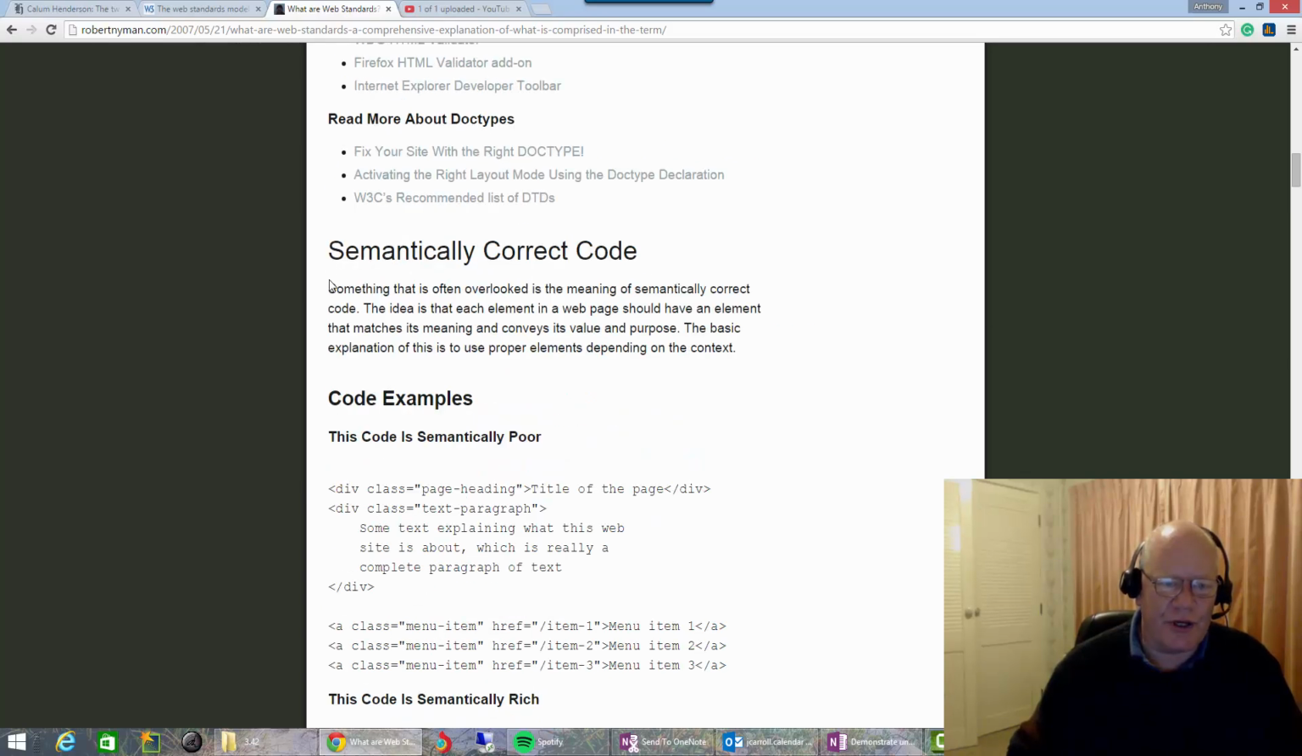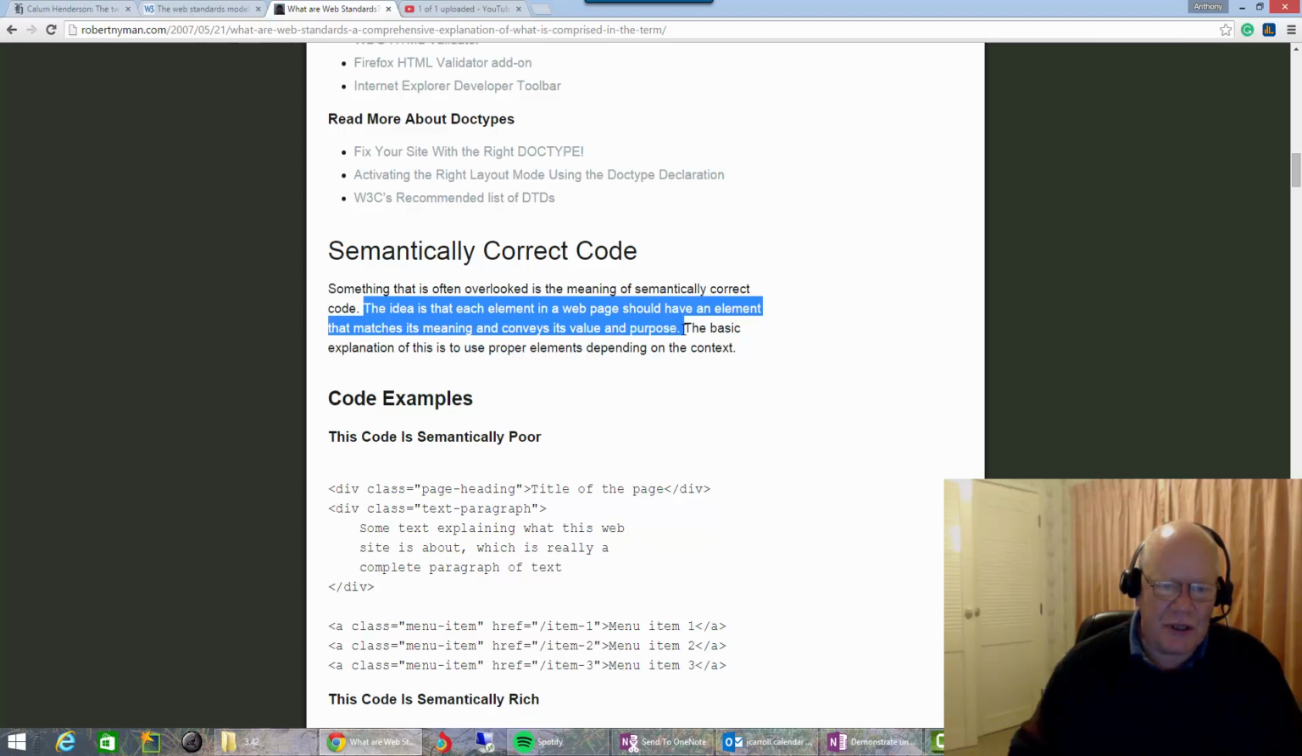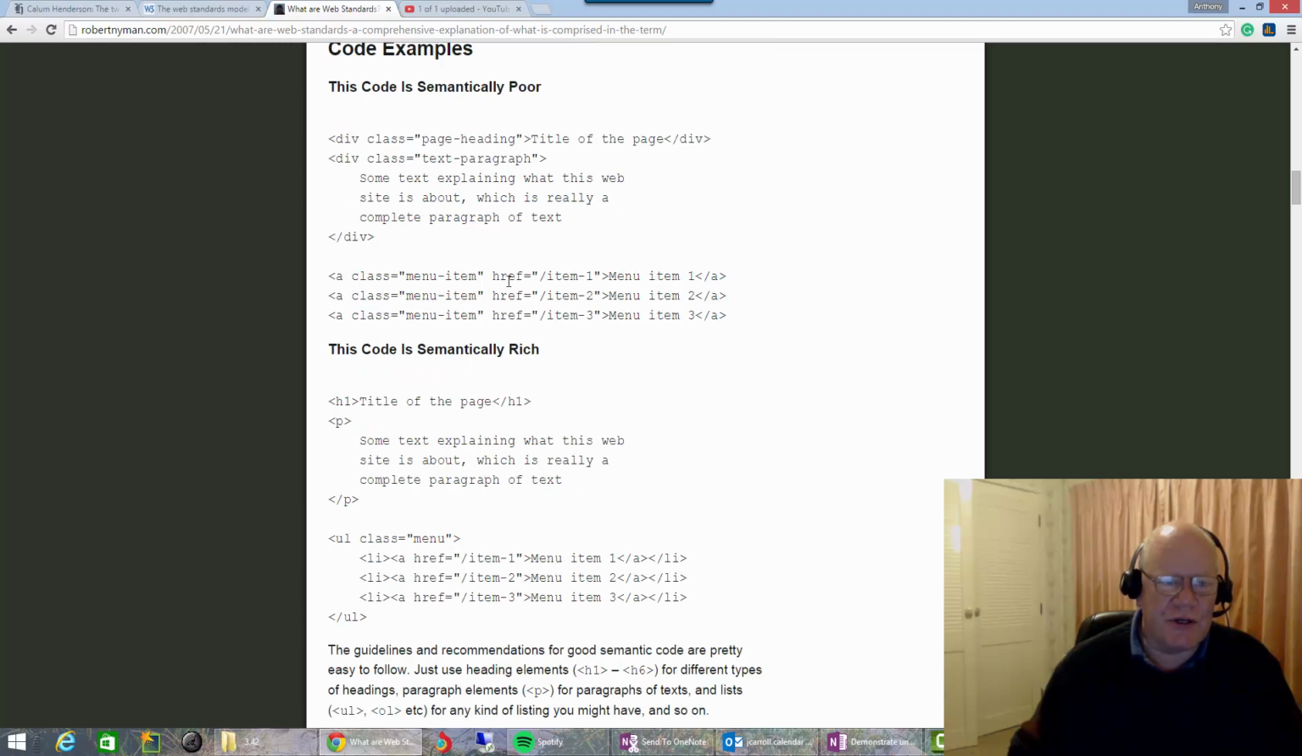Semantically correct code is the second web standard. The idea here is that each element in a web page should have an element that matches its meaning and conveys its value and purpose. The basic explanation is to use proper elements depending on the context. It gives an example here, where we're just using basic divs with classes attached, in comparison to using proper things like H1 tags, paragraph tags,